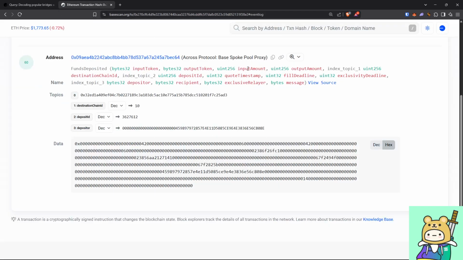Okay, all right, let's move on. So that's all of the topics done. There's only 4 topics, the first one being the identifier. So there's only 3 topics to decode. Now let's move on to the first one. How do we know what is the first